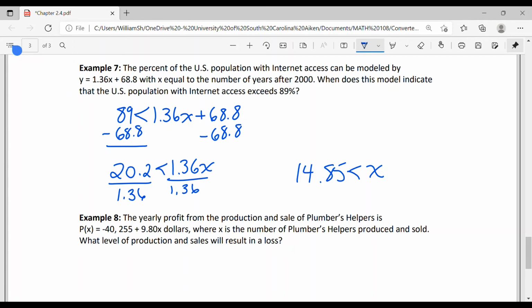So what you could even say, if you want to be extremely technical, you could write 2014.85 is less than or equal to x. If you convert it to years after 2000, you'll be fine there. Now,